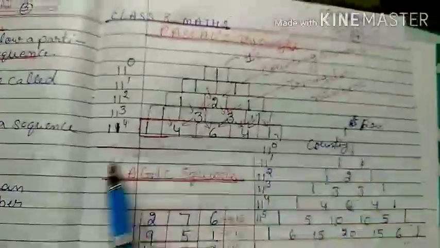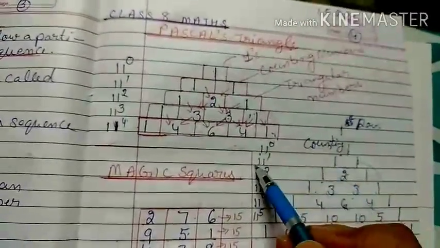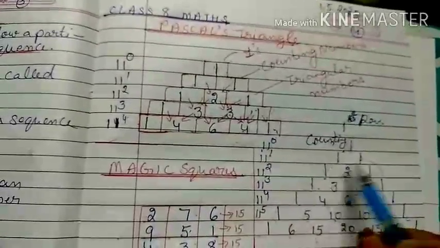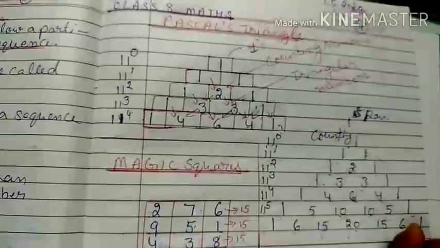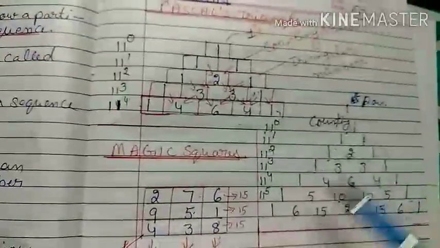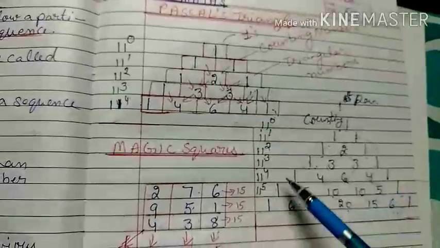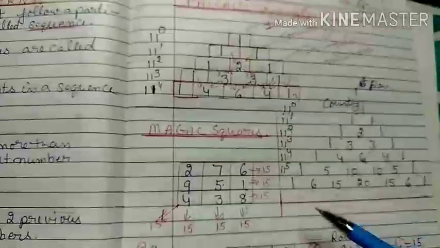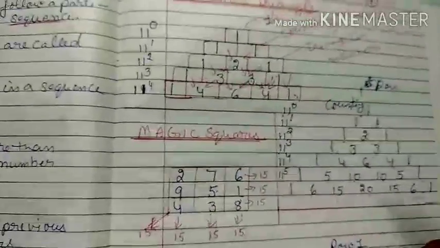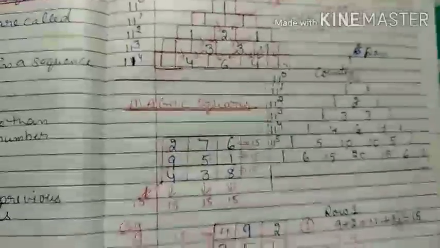If you look at a particular row, 11 raised to power 0 is 1. 11 raised to power 1 gives you 11. 11 raised to power 2 gives you 121, when you multiply 11 two times. 11 three times gives 1 3 3 1. Similarly 11 four times gives 1 4 6 4 1. Similarly go on, and at each step as the power of 11 rises, that gives you further rows of the Pascal triangle.